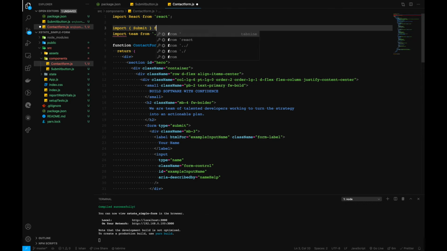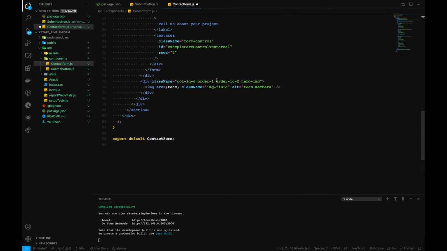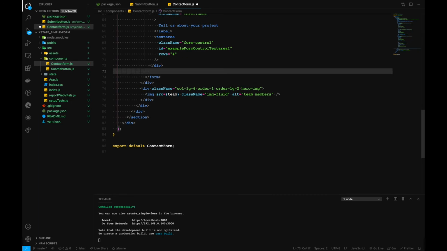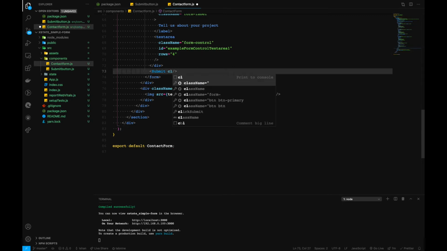submit form, our submit button right here, and we will paste down the submit button just before our form, and just close this one. So inside our submit button right here, we want to generally pass a function